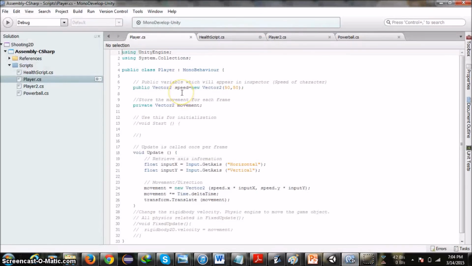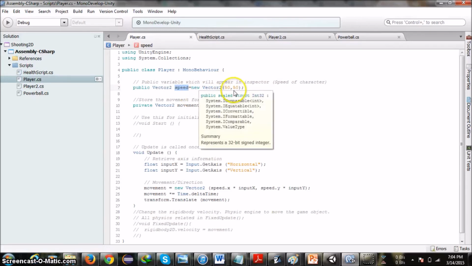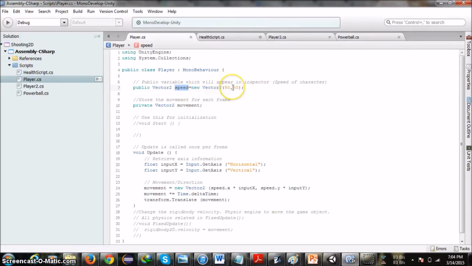Here in the player script, the speed, which is of type vector, is made public so that it can be changed outside the scripting tool in Unity. This is one of the really powerful features that Unity provides. The horizontal and vertical axes are calculated and stored in the inputX and inputY variables, and based on the keyboard movement of the direction keys, the character is moved up or down or right or left.